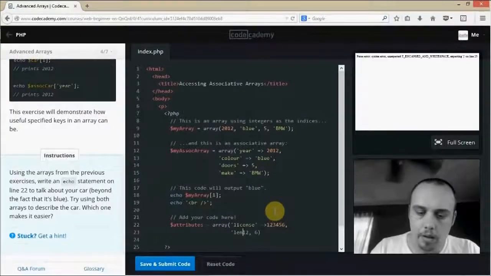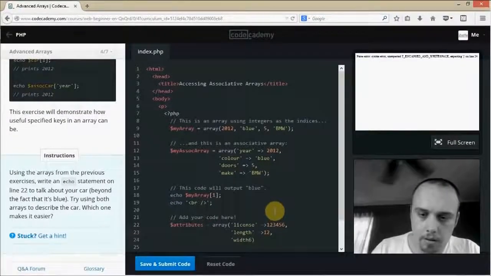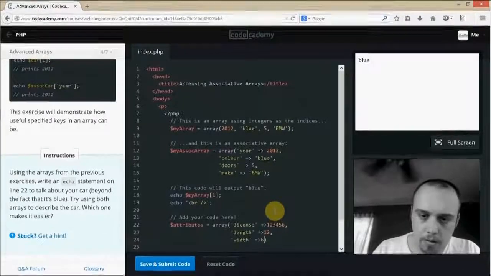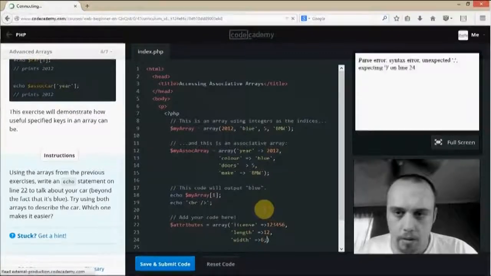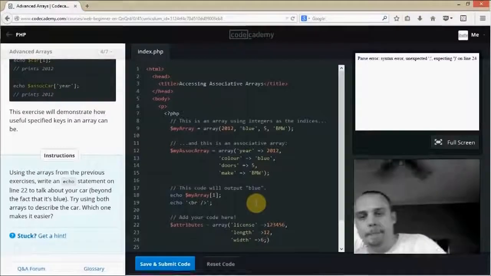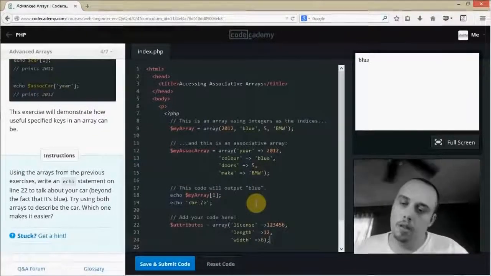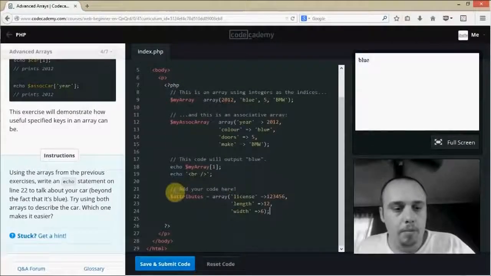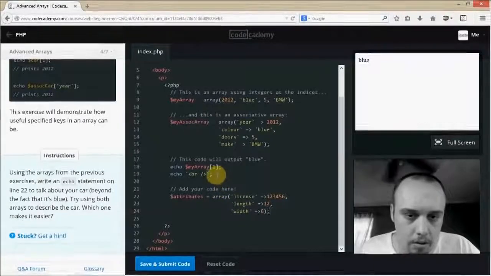Length, width, this thing. Okay, line 24, I did that wrong. It's supposed to be like this. Okay, my attributes array, and then we're going to